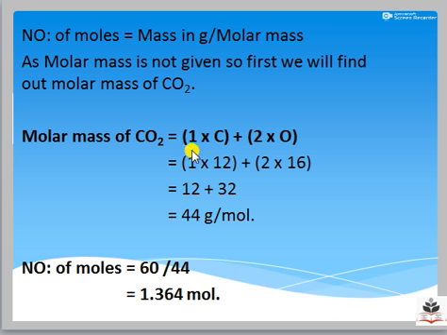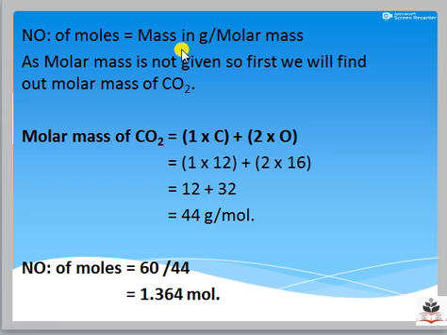The molar mass of carbon dioxide: you can see one carbon is here and two oxygens are there. The atomic mass of carbon is 12, while the atomic mass of oxygen is 16. We'll multiply and add them up, so the answer we get here is 44 gram per mole. I had already explained this method in molecular mass and formula mass, so I hope it is not difficult for you to find out the molar mass of substances. So the answer here is 44 gram per mole. It means the molar mass of carbon dioxide is 44 gram per mole.